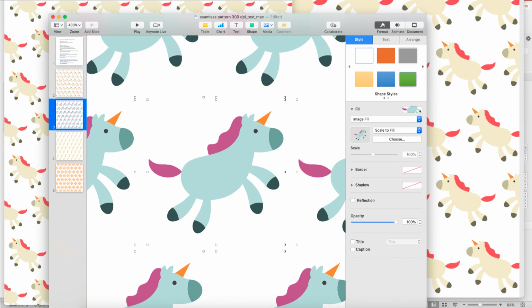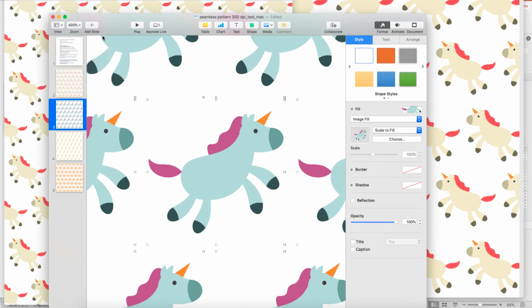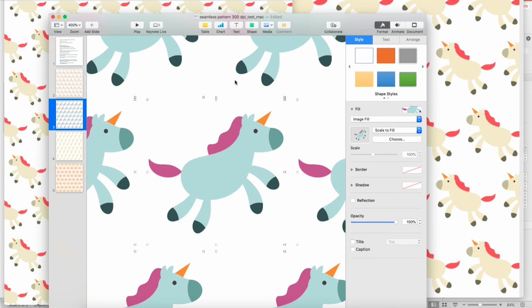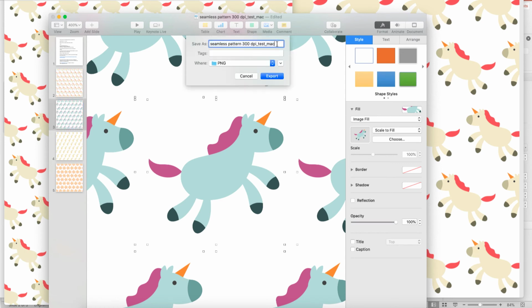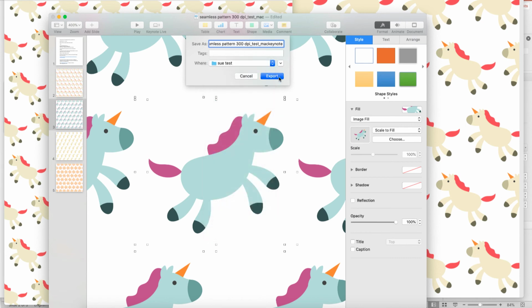And it's the same. What you need to do with Keynote is you need to export. Now you do have the option of exporting to images, but it automatically changes it to 72 dpi. So again, you need to do PDF, make sure that your image quality is best, click Next, and then I can change this one to Keynote, make sure I save it where I know it's going to be, export,